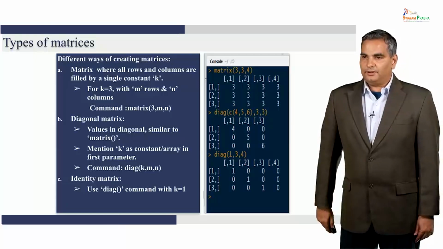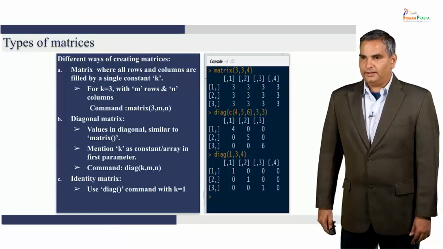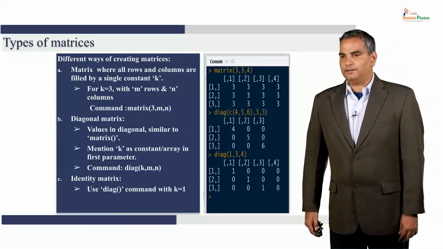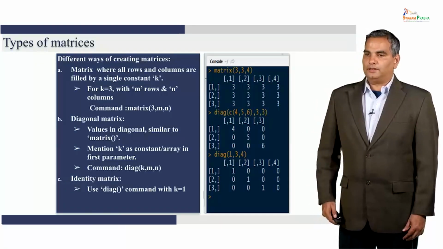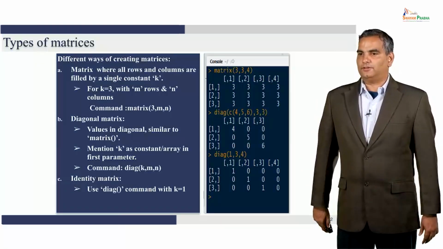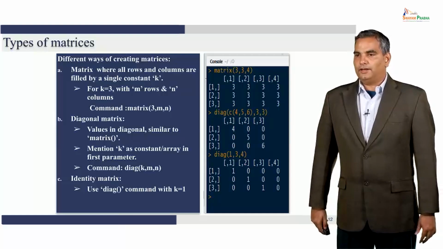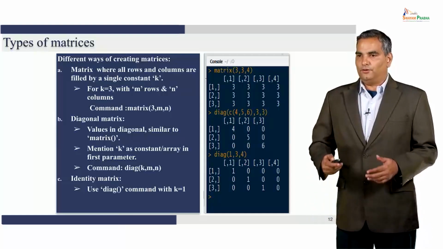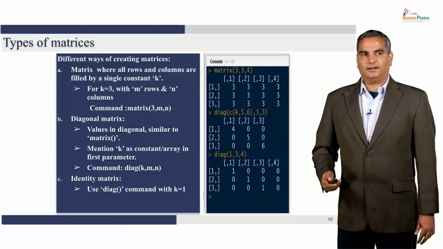Second example is to get a diagonal matrix defined. In which case I give only the diagonal elements and give the size of the matrix. The first case, diagonal element, it's a square matrix, so I give 3 by 3. I've given 3 numbers, 4, 5 and 6. So the R program fills 4 as the first diagonal, 5 as the second diagonal and 6 as the third